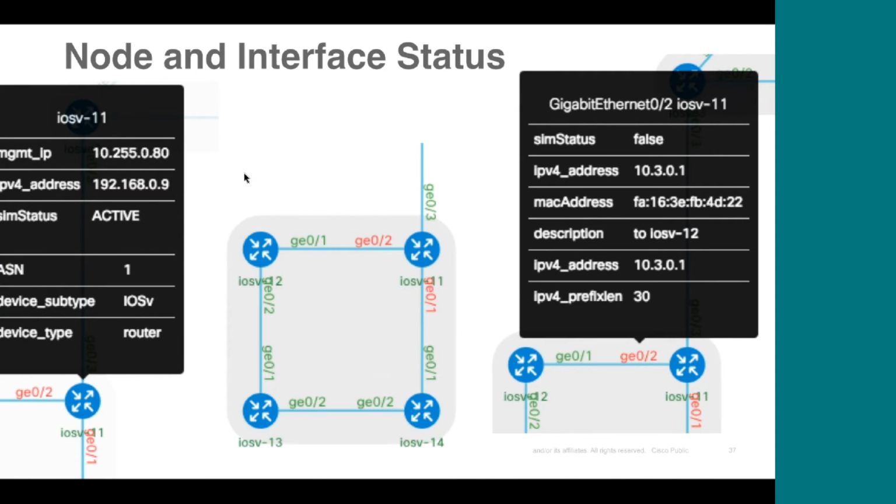We can also see, once again, that node and interface status. There's 3 diagrams here. We can see on the node status on that tooltip, which you just get by hovering on the node, the SIM status is set to active, which means it's both reachable and set and active in OpenStack, and that's green on the node. In the middle one, we're just showing the nodes and interfaces zoomed in, so we can see there's a couple of interfaces that are red, which means they've been shut down. And then over on the right-hand side, we can see if we hover over a node, that the SIM status for that node on the first line is showing that its SIM status is false, which means that it's not running. But usually just visually seeing if it's green or red will indicate whether things are up or down.